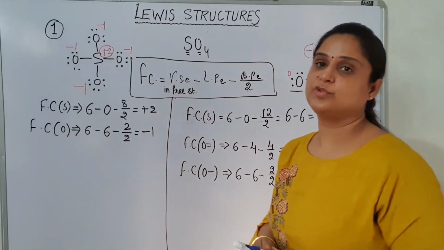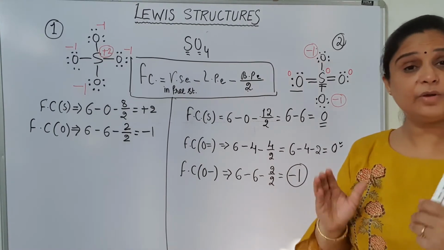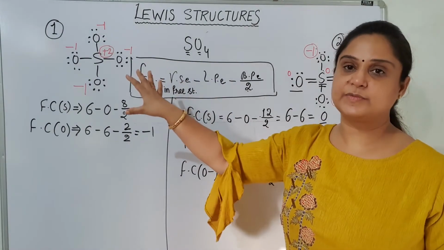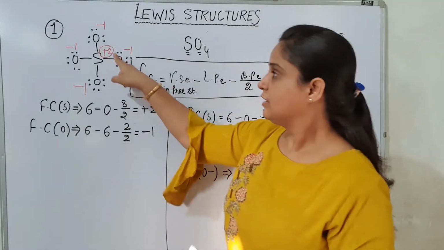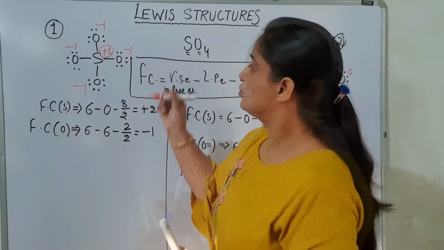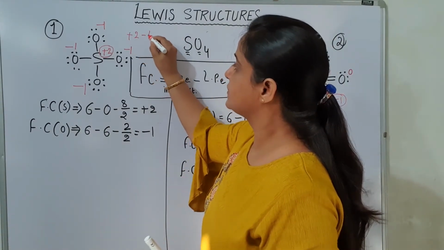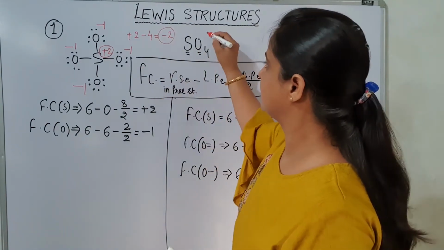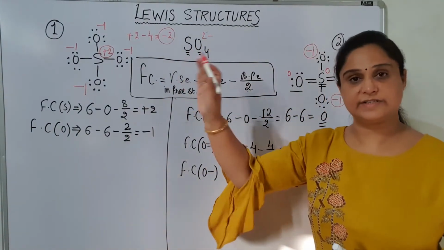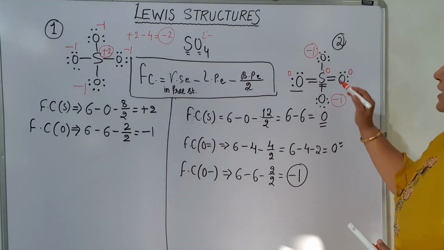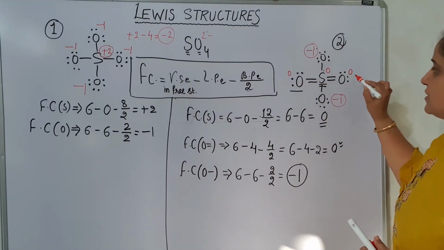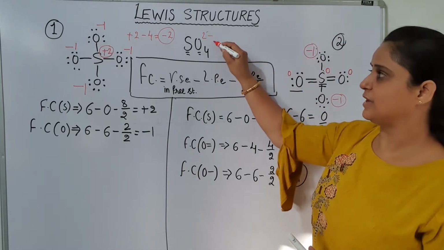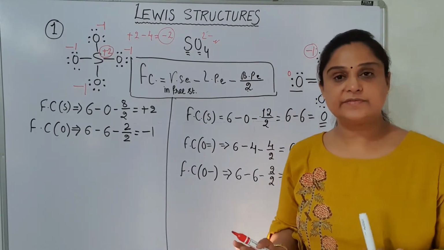Now we have to compare the two structures here. Very carefully we have to observe. See, first of all, see what is the overall charge present on this species. You can see there is a total of plus 2 charge and minus 4 charge. So how does it come out? As minus 2. So we know that the species has minus 2 charge on it. Justified? Okay. Here also we can see that overall it is 0 plus 0 plus 0 plus minus 1 minus 1. So overall this also says that this has minus 2 charge on it. Both are justifying the formula.